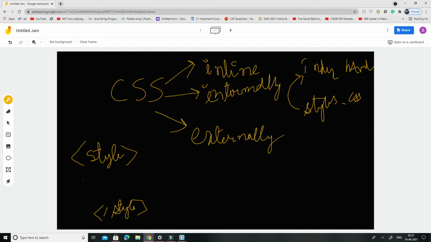So there are three types: inline, internally connected, and externally connected.